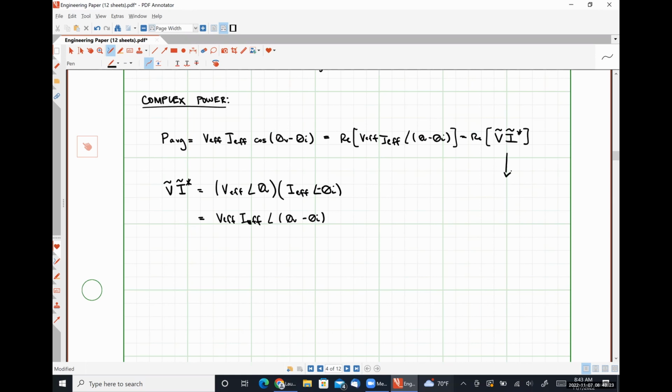We call this operation RMS phasor voltage times the conjugate of the RMS phasor current